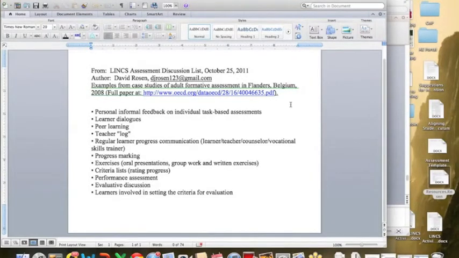But here are some of the examples of formative assessment that they looked at in adult learner classrooms in Belgium. So people kept personal informal feedback on individual task-based assessments, which it's interesting how they discuss that in the article. They describe that more fully, but it's really cool. Learner dialogues, which were based on writing, peer learning, a teacher log, which many of us keep, which is